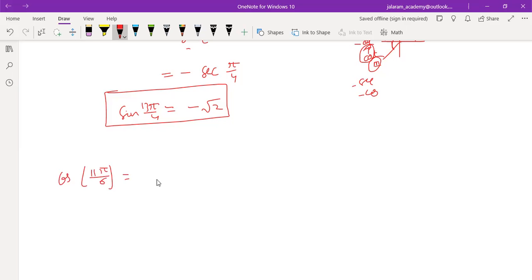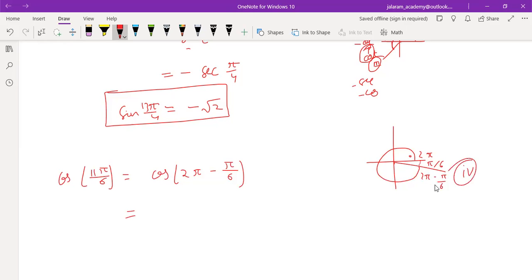Whenever it is slightly less than 2 pi, use 6 2s are 12 minus 1, 11 pi by 6. Now look at this. In which quadrant does it lie? We know that 0 and 2 pi are coinciding and it ends just before 2 pi. If we move further, we reach this point, which is 0 or 2 pi. But we have stopped before, at pi by 6. That's why this angle is 2 pi minus pi by 6. So it lies in the fourth quadrant.